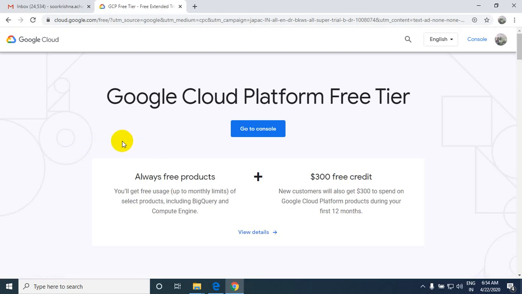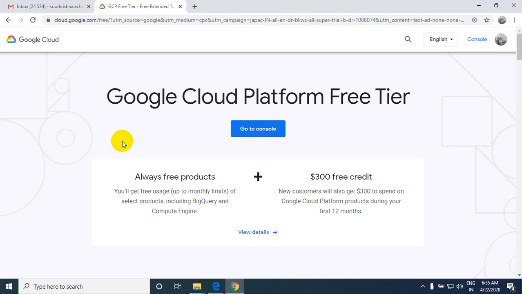So some basic requirements is the Google Cloud platform is a free tier. You'll get 12 months free subscription, around $300 credit limit, and you can utilize within 1 year, then it will be chargeable. I'll let you know then how can you check your billing cycle and the amount of consumption has already been completed based on your usage. So first thing is you have to create your account first.